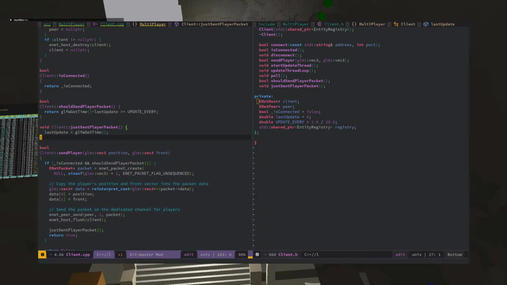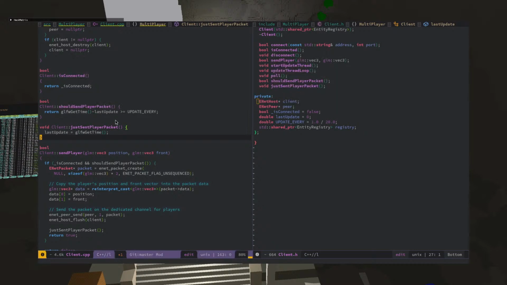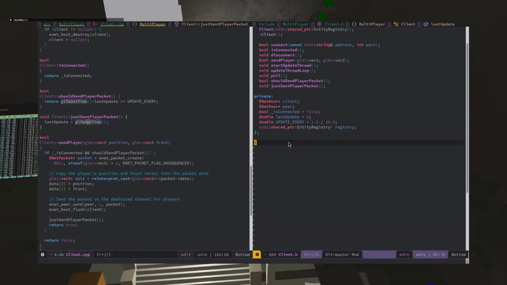It doesn't matter to me. Cool. So the glfw get time minus last update is greater than update every. Time has elapsed, we return true, then we set the last update. I think that makes sense.